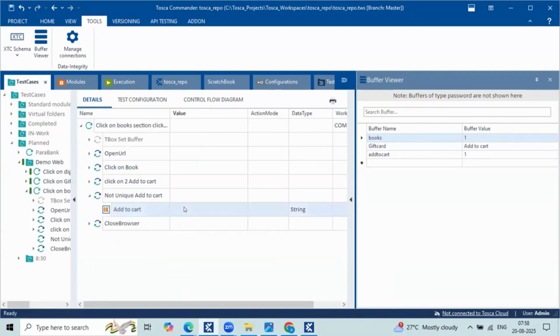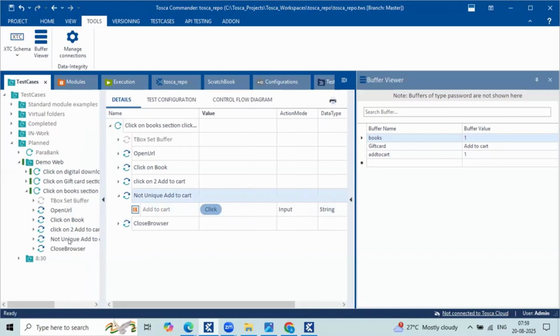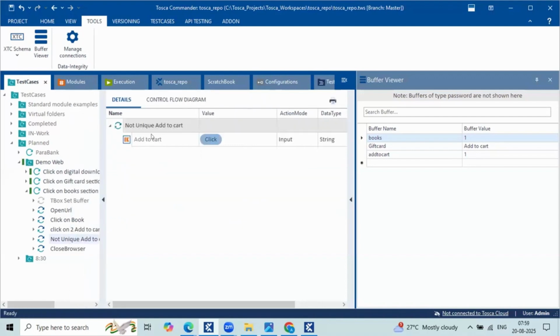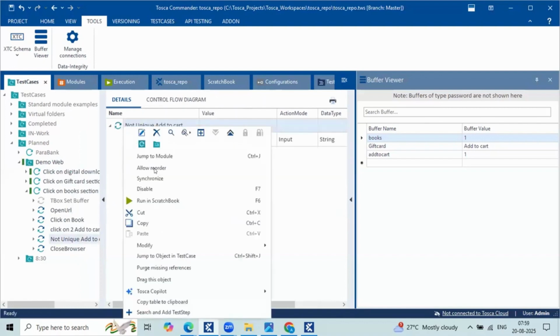Open flower brackets. So before taking a count, if I perform a click operation on this, what is the expected error message? Unable to click that add to cart.